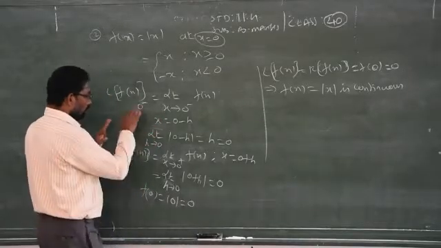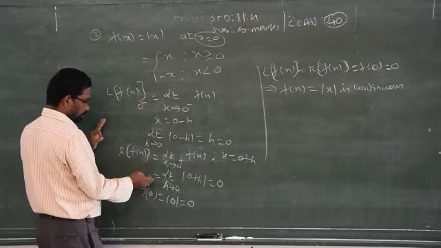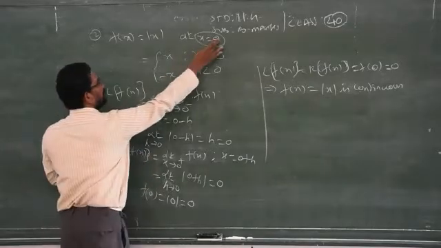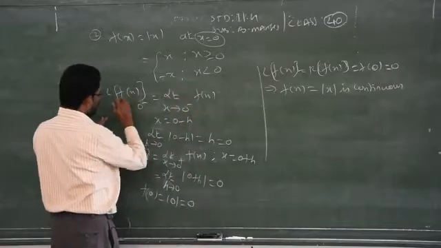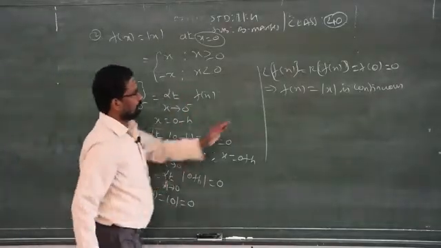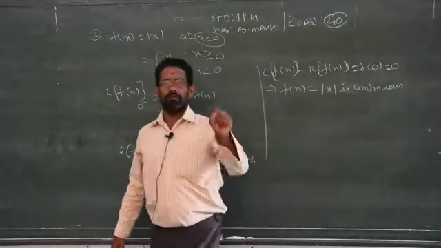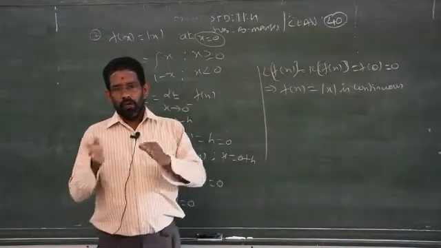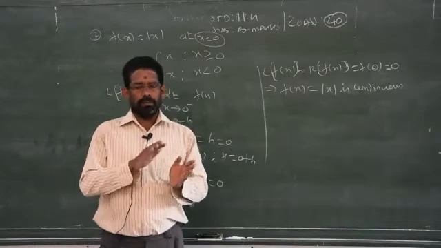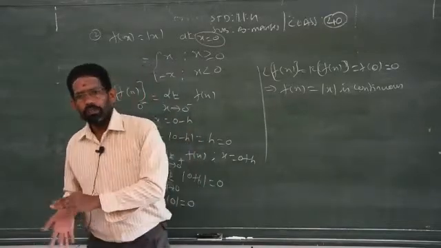When, along with the left hand limit and right hand limit, if you substitute the given point x is equal to 0 in the question, we get the same answer, when all the L, R and the function value are the same like this, then you may say the given function is continuous. Next stage is differentiate. Once you prove the given function is continuous, next we will go to differentiate.